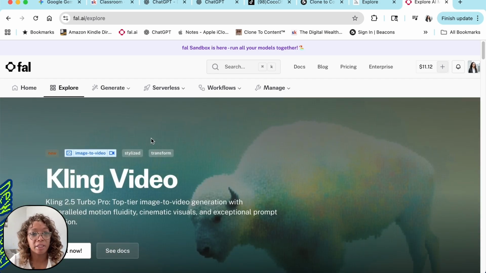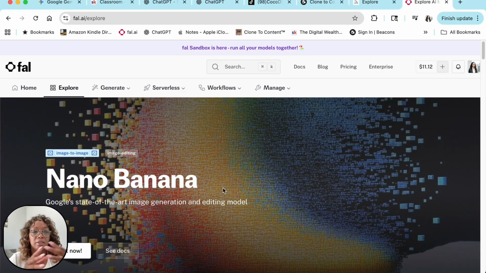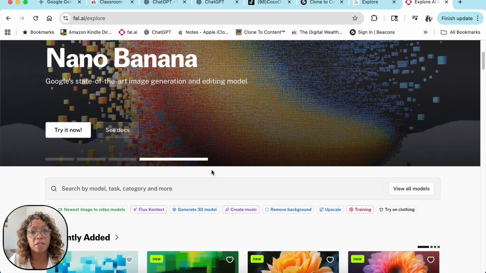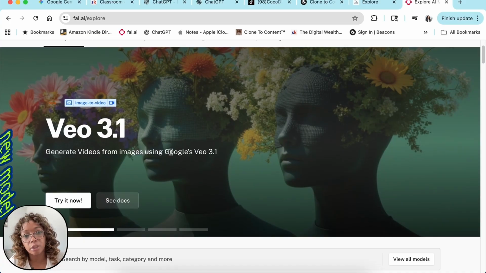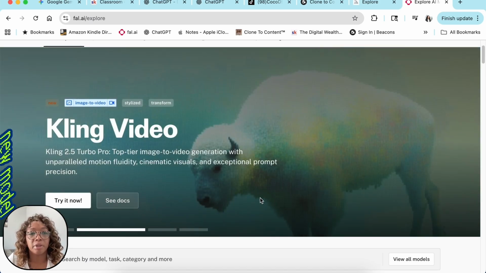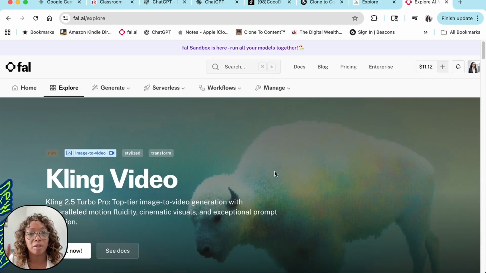You can see they have Kling, they just showed VO3, and you can do Midjourney through here. Instead of logging into each software separately, you can go into this one platform. Look, Nano Banana, they have everything all in one. So instead of having a subscription for Nano Banana, a subscription for Kling, a subscription for VO3, a subscription for Midjourney, Higgsfield, all of it is in here and you can access it through this one platform, which is Foul.ai.